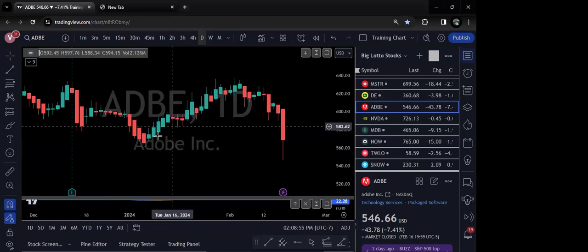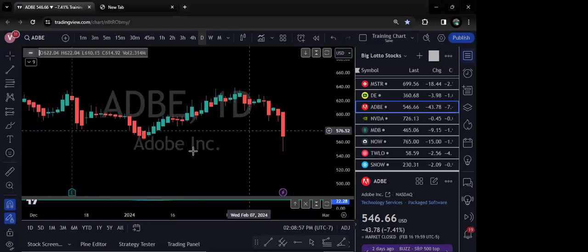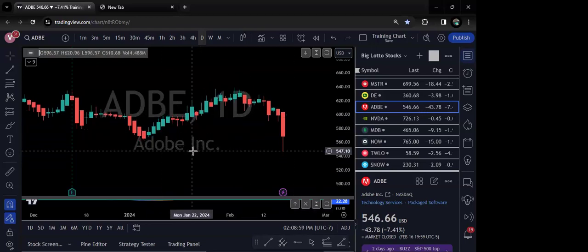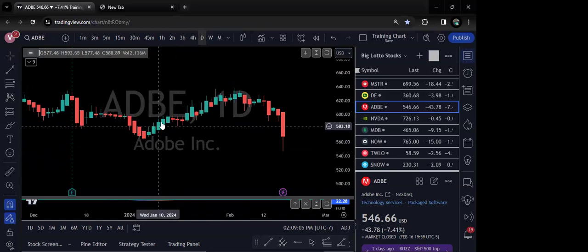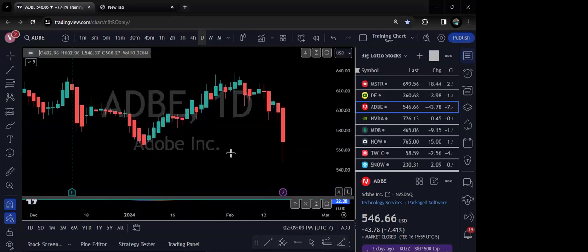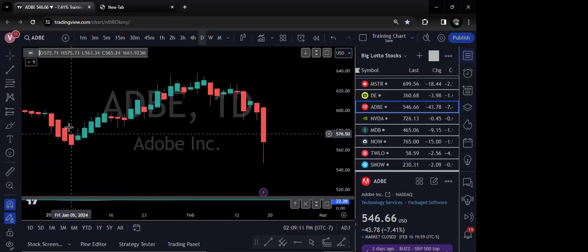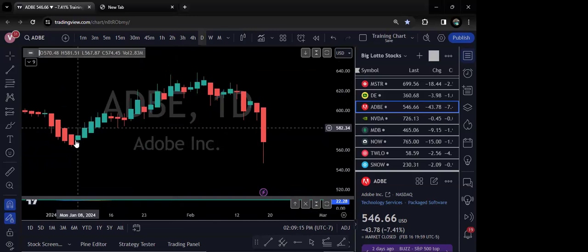When you look at the daily chart, the one we look at every day so that we can detect a change of character, you can see these candles. If we're going back, these are strong bullish candles. This was an indecision. So when you have an indecision making a change of character,